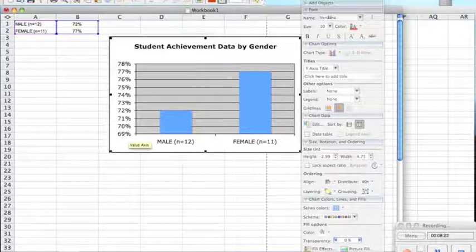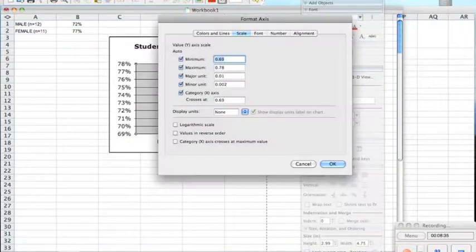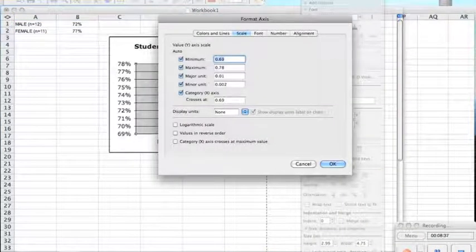However, if you wanted to start yours at 0%, that's a pretty easy thing to change. You're going to double-click on the chart, and you're going to get a bunch of formatting options. Automatically, it showed up scale because I clicked actually on the scale here on the left. And it shows that our minimum right now is set at 69. If I wanted to change that to start at 0, I would delete the 69 and I would put 0. Okay. You'll also notice that right now the maximum is set at 78 because students did not perform over